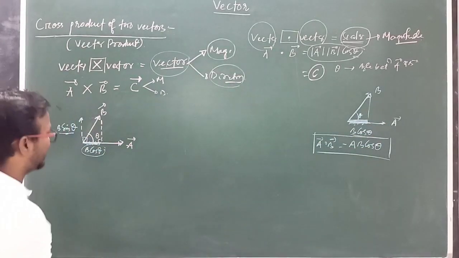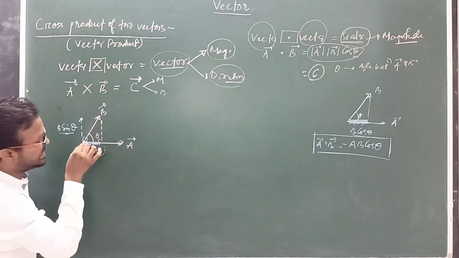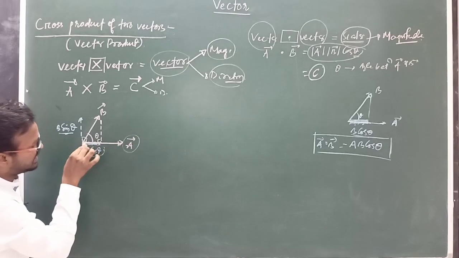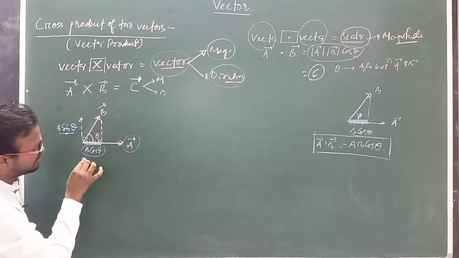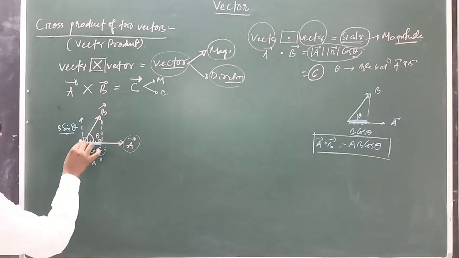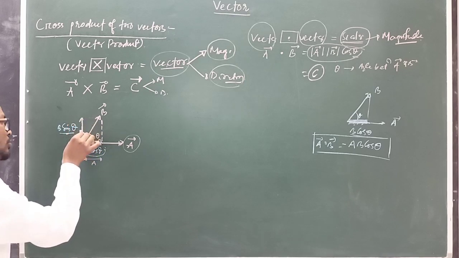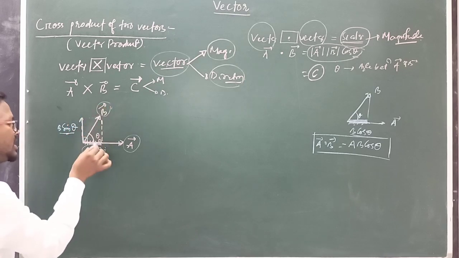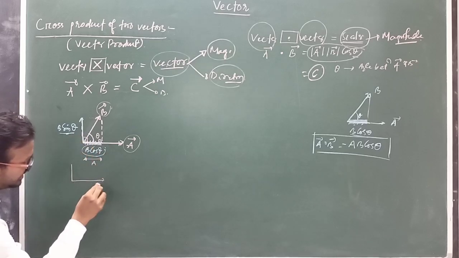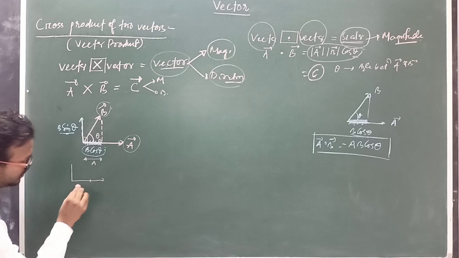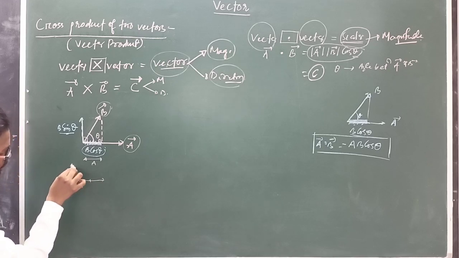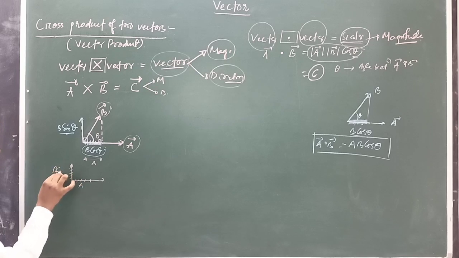So in this case, if we choose this direction, and this is the direction of vector A, so if we choose this distance, meaning this magnitude, then this magnitude is A, you can take, clear. And this is the component of vector B, which is perpendicular to B cos theta. So in this case this is vector A here and its magnitude, suppose A, and this is the component of vector B here, B sin theta.